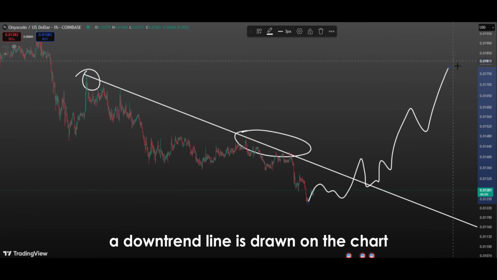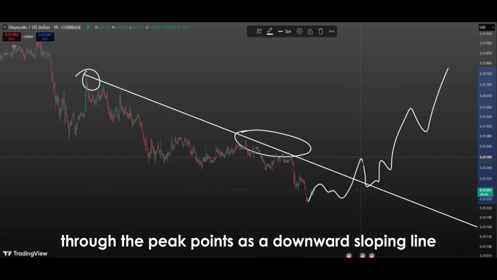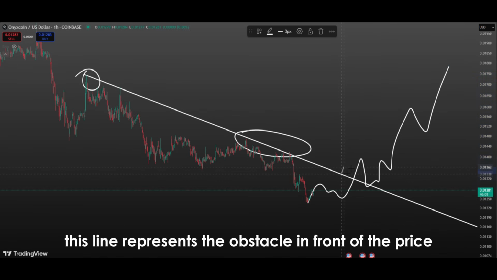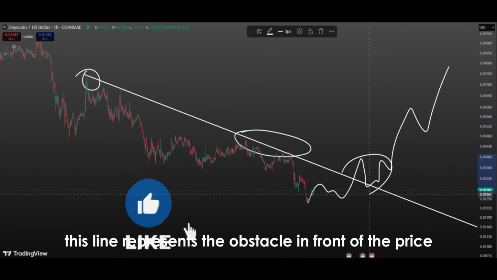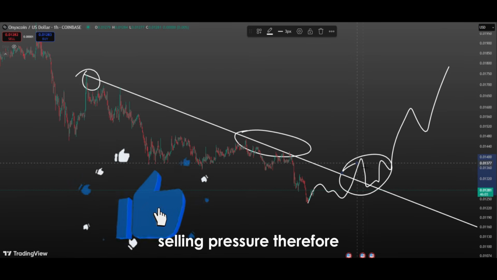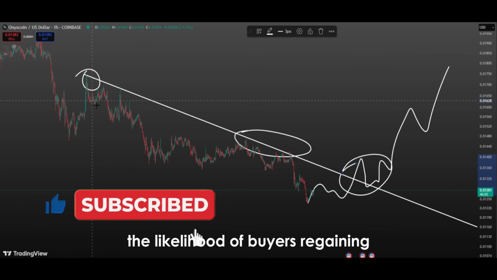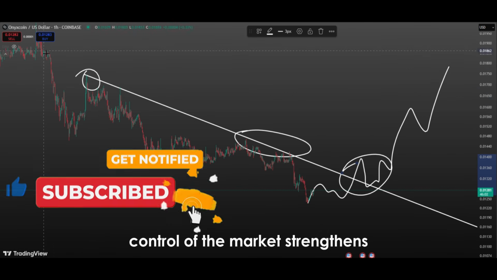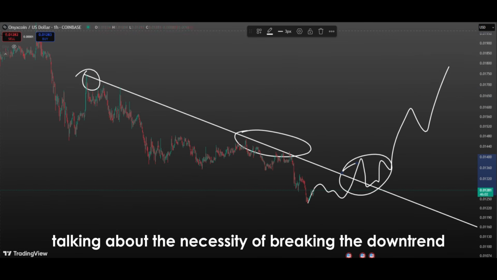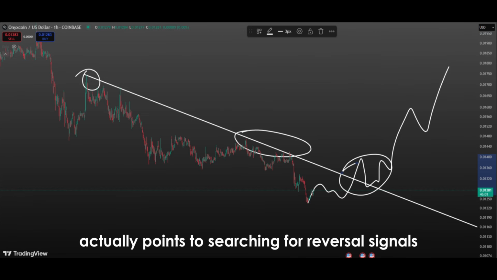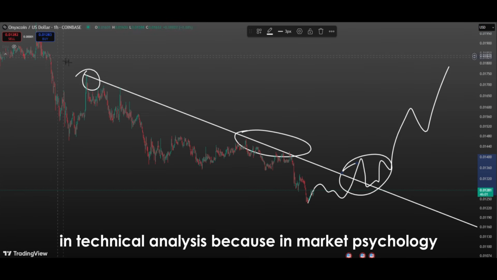The downtrend line is drawn on the chart through the peak points as a downward sloping line. This line represents the obstacle in front of the price, a symbol of selling pressure. Therefore, if the price breaks this trend line to the upside, the likelihood of buyers regaining control of the market strengthens. Talking about the necessity of breaking the downtrend actually points to searching for reversal signals in technical analysis, because